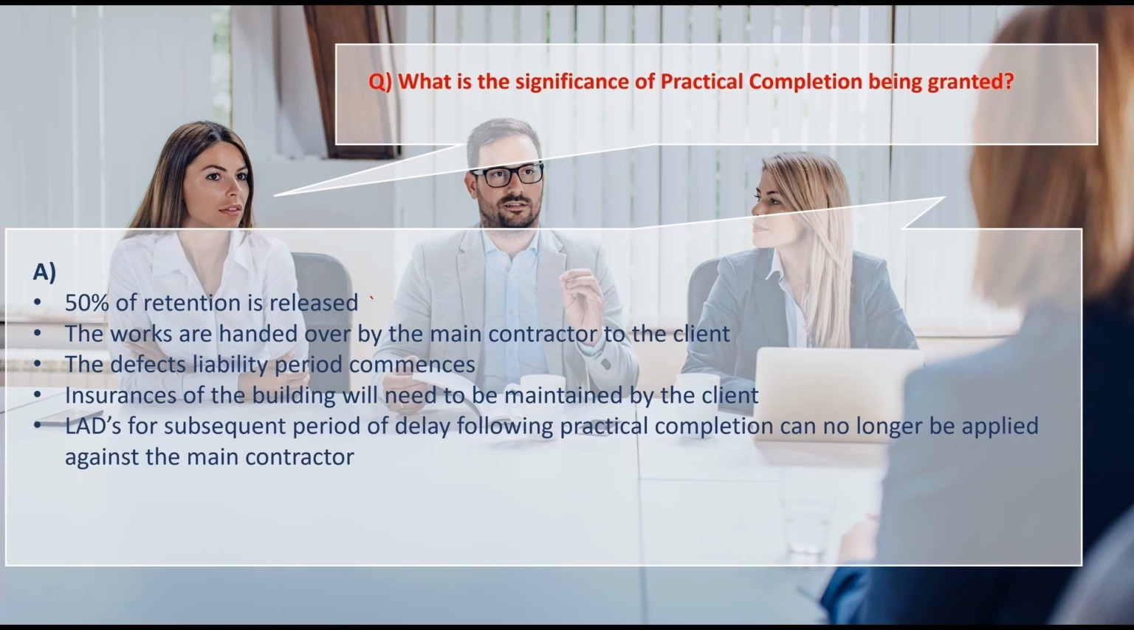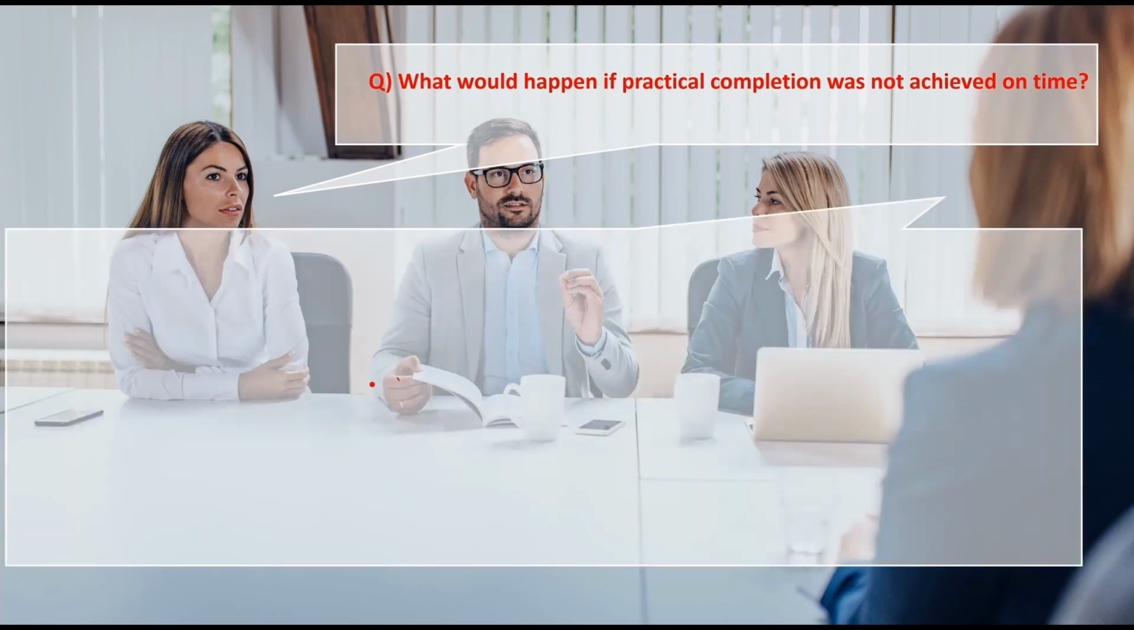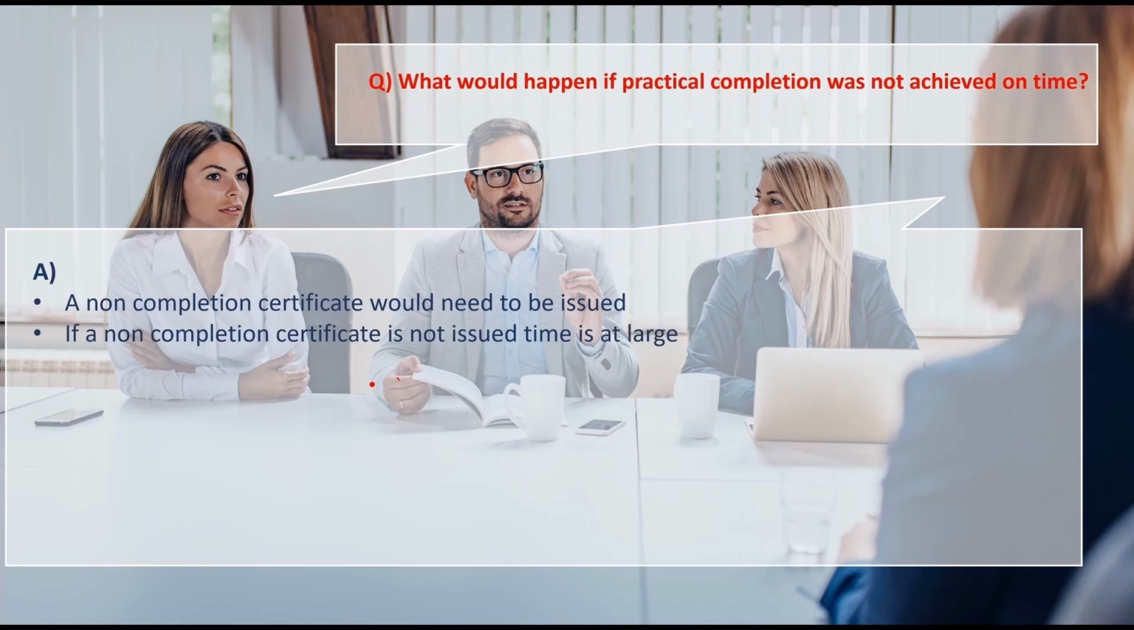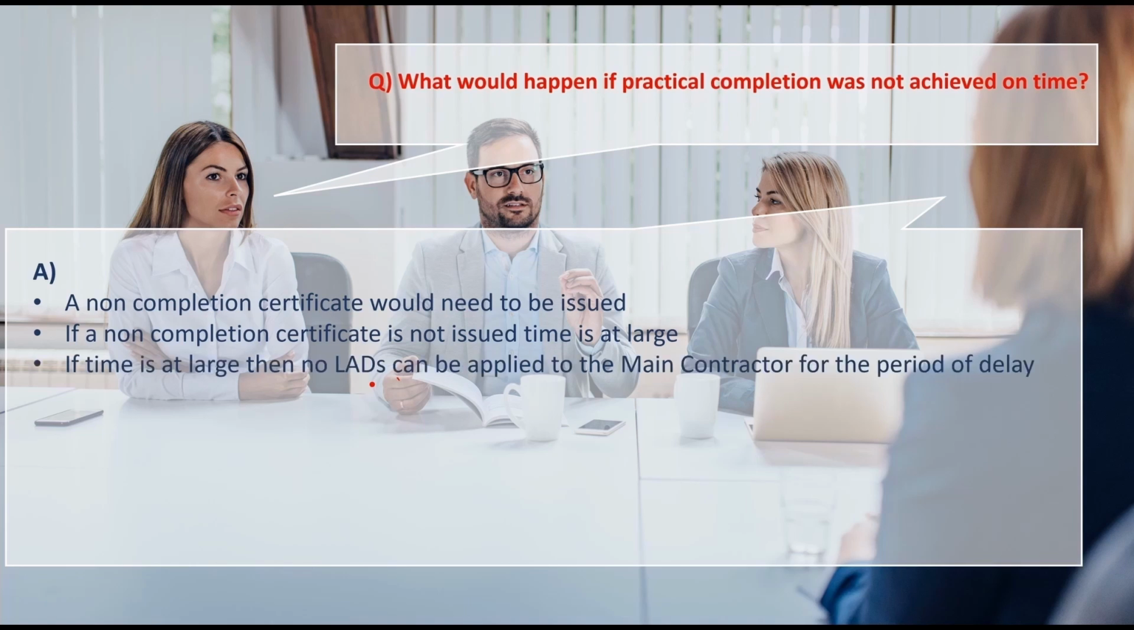The next question we'll take a look at is what would happen if practical completion was not achieved on time. And to address this, we can say that firstly, a non-completion certificate would need to be issued. If a non-completion certificate is not issued, then we refer to a term within the industry which is known as time is at large. Where time is at large, then no LADs can be applied against the main contractor for